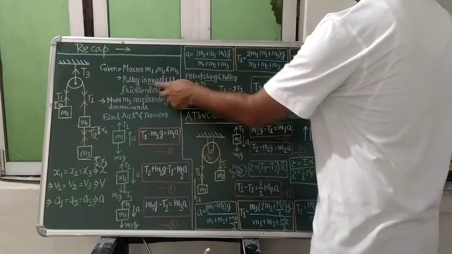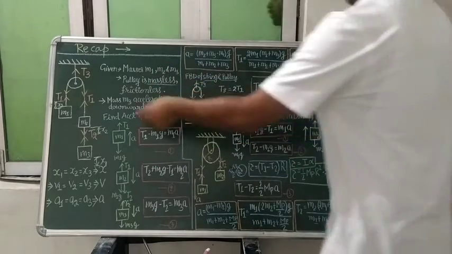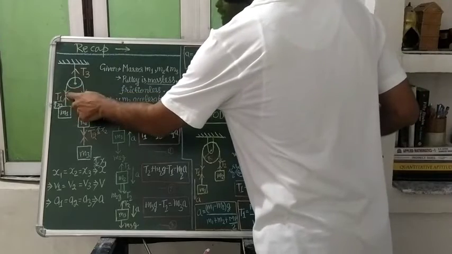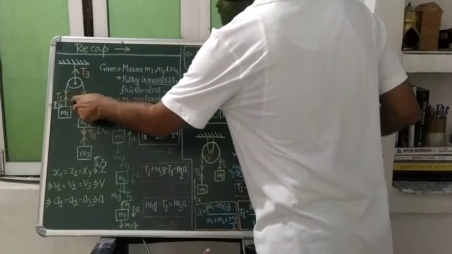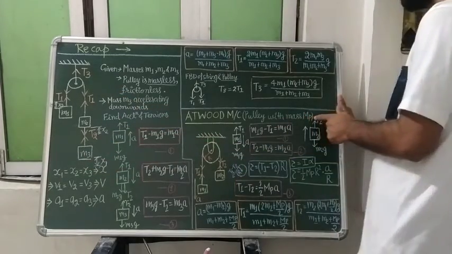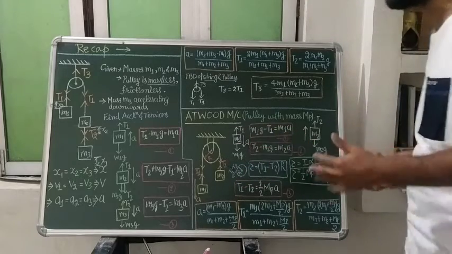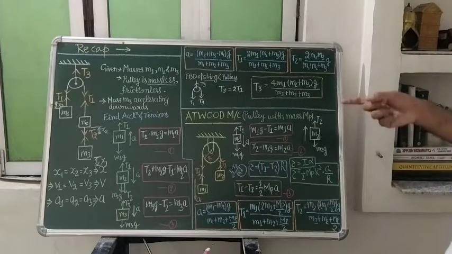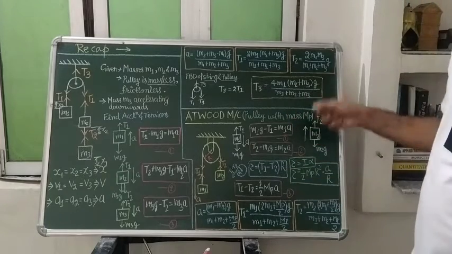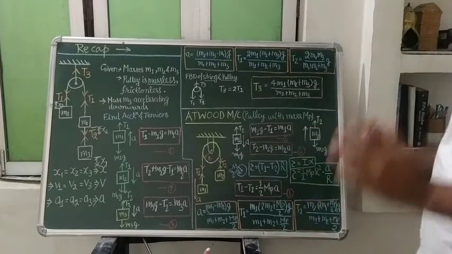Since we had considered the mass of the pulley equal to 0, no force was going to act on it. That's why we said that whatever tension T1 acts at this end, the same tension acts at this end as well. But when we are considering the mass of the pulley, we will say that the tension at the different ends will be different. First thing you should keep in your mind: if we are considering the mass of the pulley, the tensions T1 and T2 will be different at the different ends.